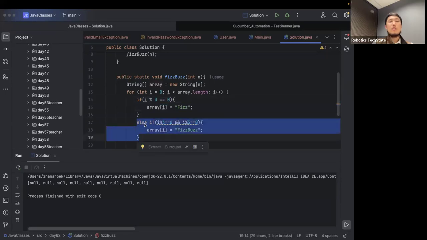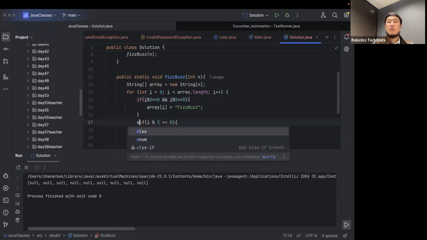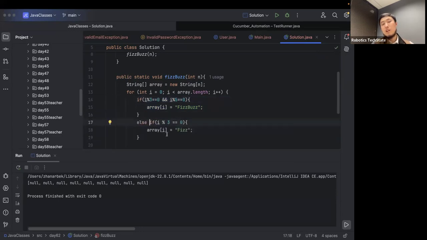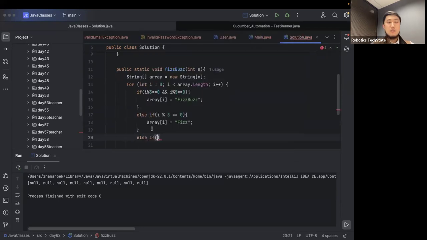So that's why this one should come first. We check if it's divisible by both 3 and 5, and then we check the minors. If it's divisible by 3 only, or by 5 only,